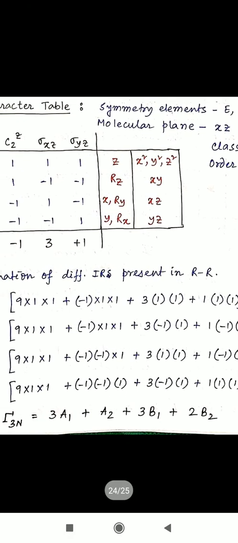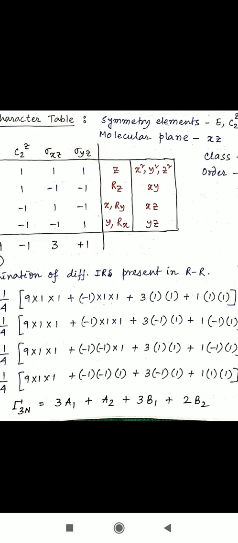Okay, so in total, you can check that I have written in case of the C2V point group, the reducible representation in terms of the irreducible representations like that, that is Bethe notation 3n is equal to 3A1 plus A2 plus 3B1 plus 2B2. So in this way we can correlate the reducible representation and irreducible representations very easily. So that is a very easy mathematical process.